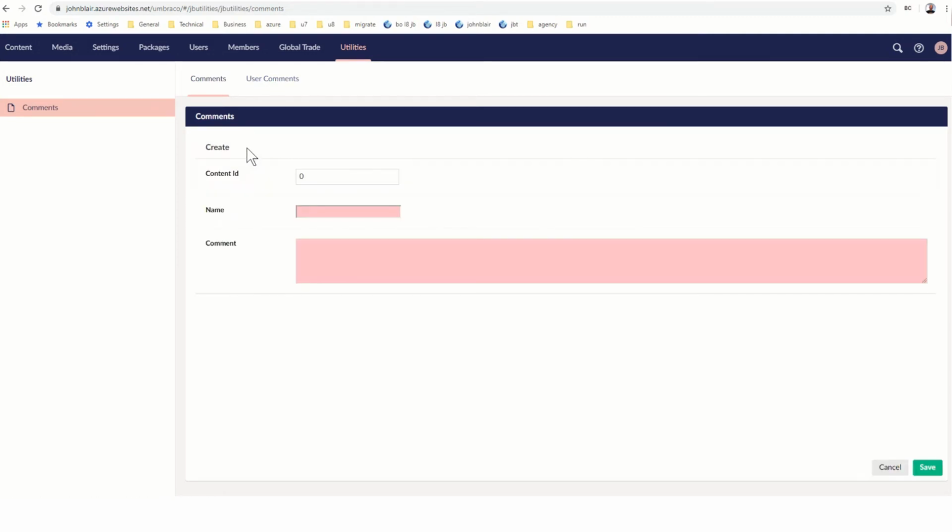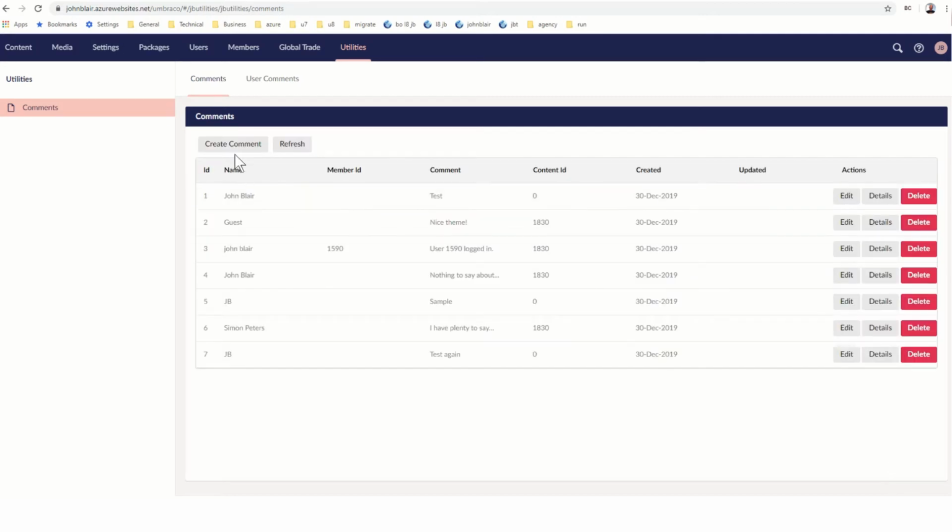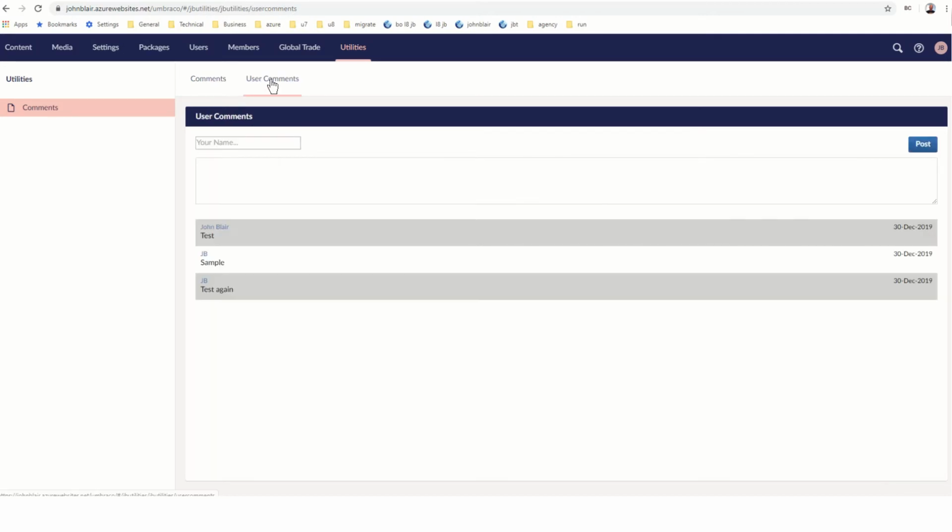And then there's the user comments, which is a directive designed mainly for use on the front end, but having it in a tab in the back end allows for testing of it